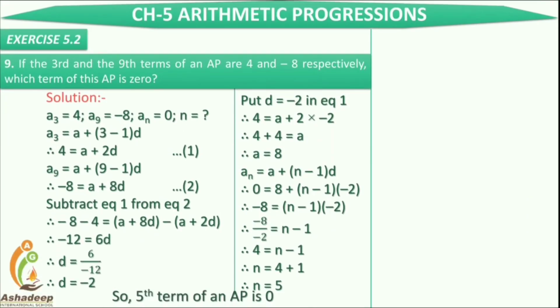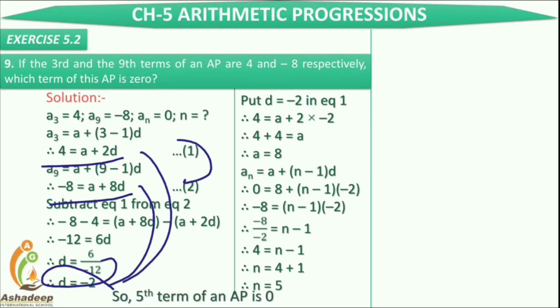See here, what we are given here is the third term and the ninth term. So third term is going to be 4 and the ninth term is going to be minus 8. So third term के लिए क्या लिखेंगे भाई, A plus 2D is equal to 4. Ninth term के लिए क्या लिखेंगे, A plus 8D is equal to minus 8. इन दोनों को सॉल्व करेंगे तो क्या मिलेगा, D. अब D की वैल्यू तो 2 में रखो या तो 1 में रखो, तो you will end up with the